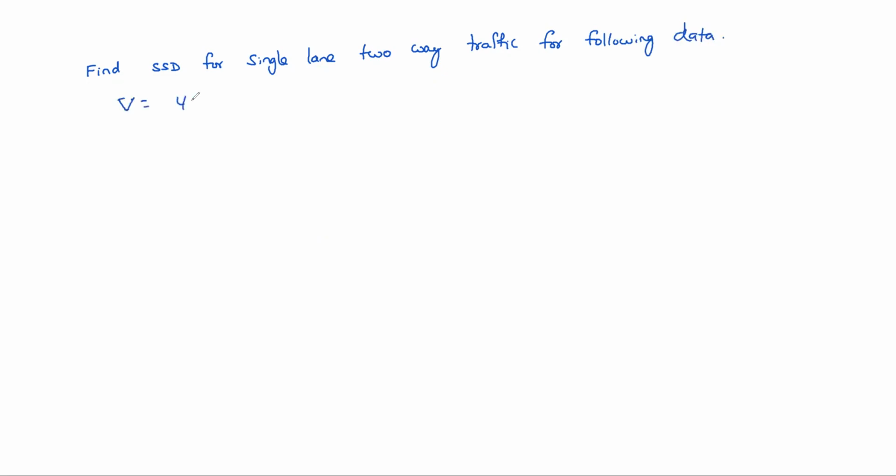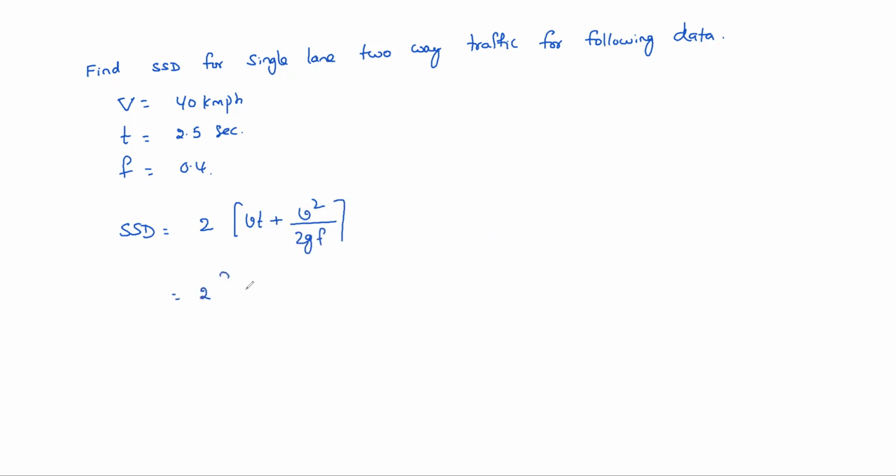V equal to 40 kmph, reaction time 2.5 seconds, F equal to 0.4. Okay, the formula: SSD equal to 2 times Vt plus V square by 2gf, that equals